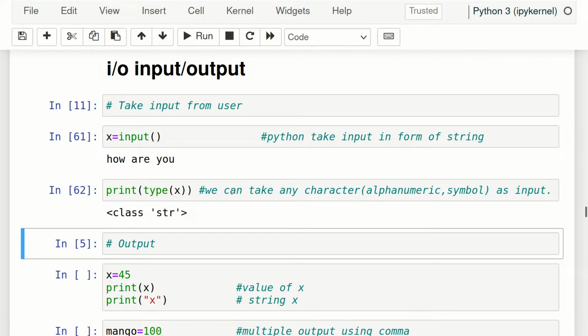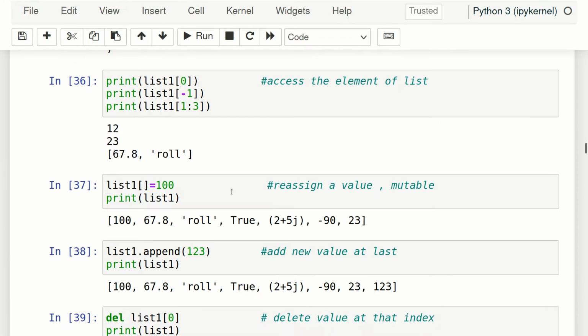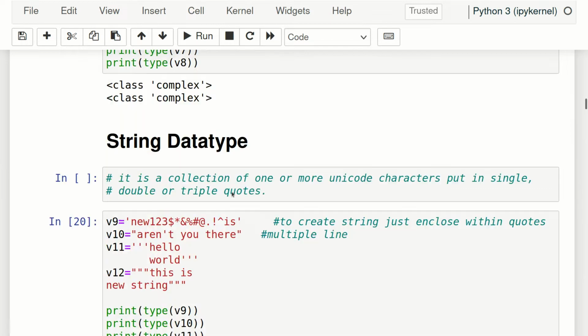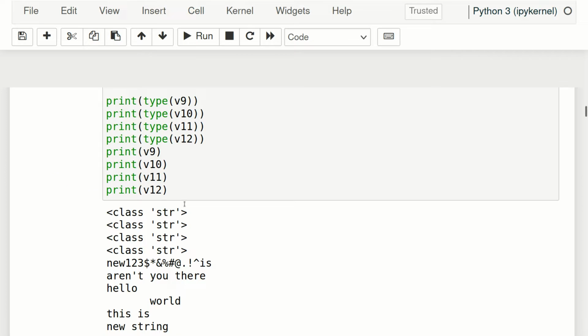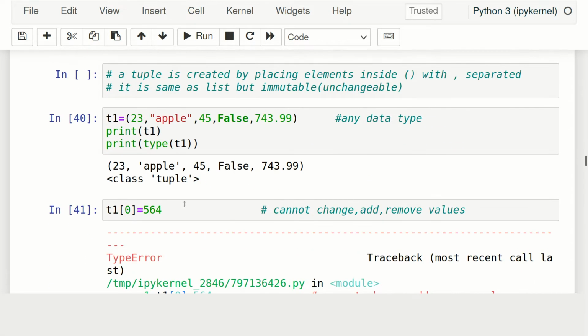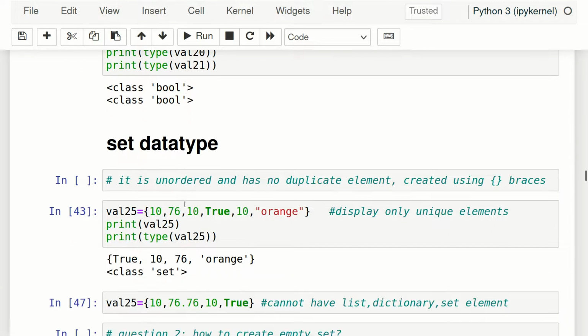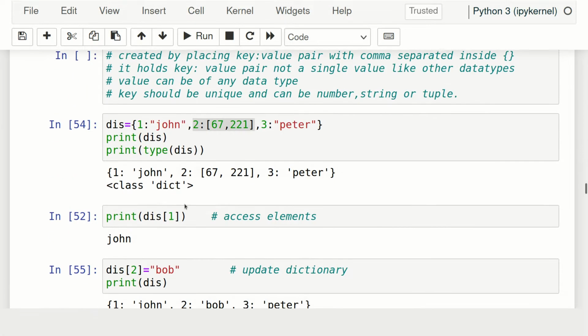Now why is it using string data type? Because we have seen the benefit of string data type. If you remember, a string data type will usually take anything, any character, whether it is a symbol or alphabet or number. That is the beauty of Python. This is giving us more freedom, so any input you can give. It is not restricted to integer only or float only. That's why it is using string.